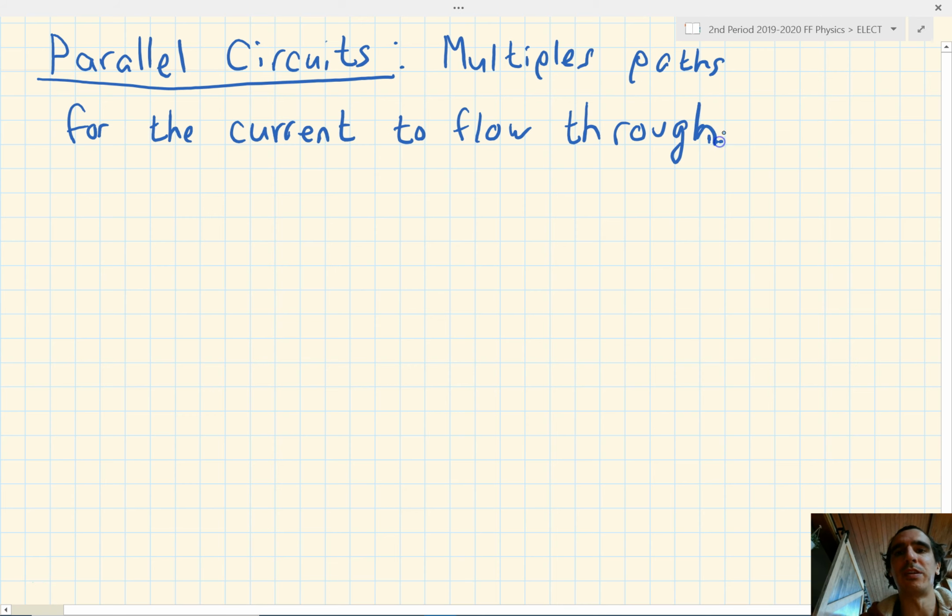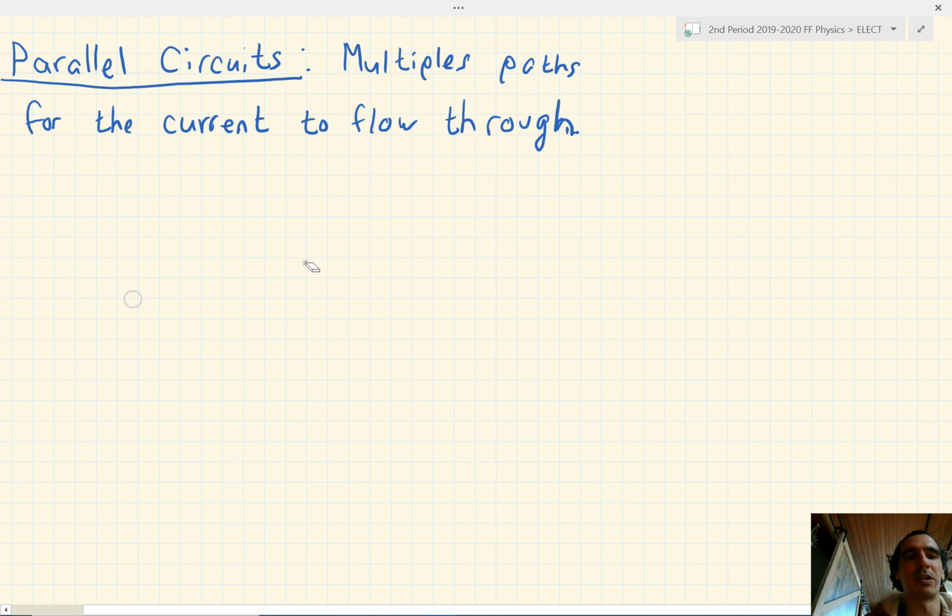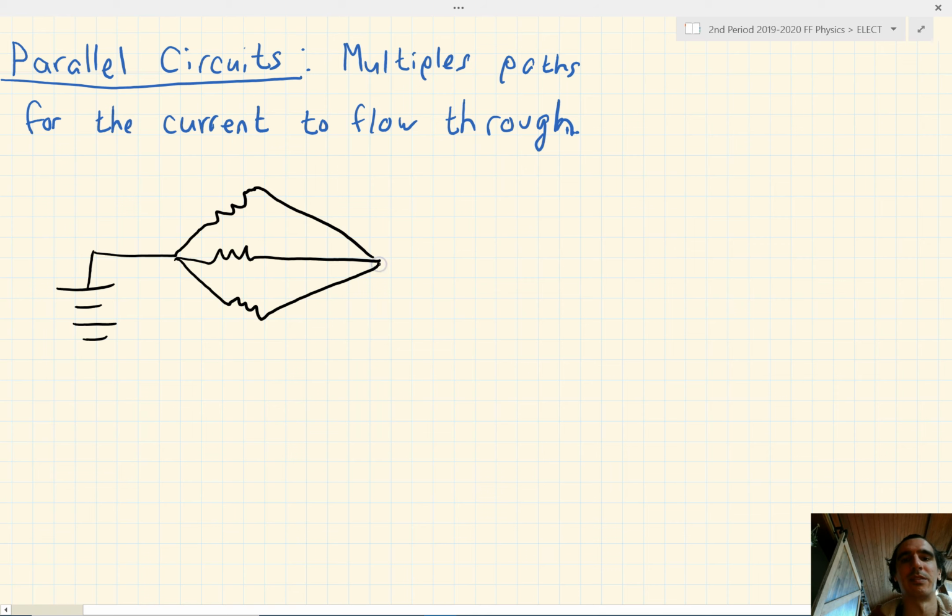There's multiple ways of drawing parallel circuits. So I'm going to show you one of them, which gives us a better idea of how the potential difference works and the definition of a parallel circuit. What we're going to do is draw a parallel circuit that has multiple branches, all stemming from the same wire. So they're going to branch off into three different locations, and they're going to recombine to the same wire,